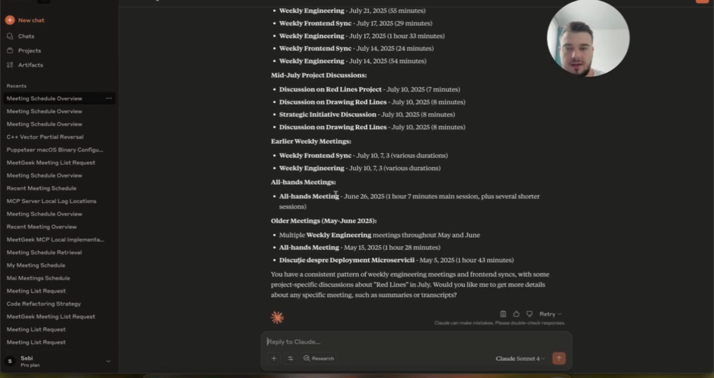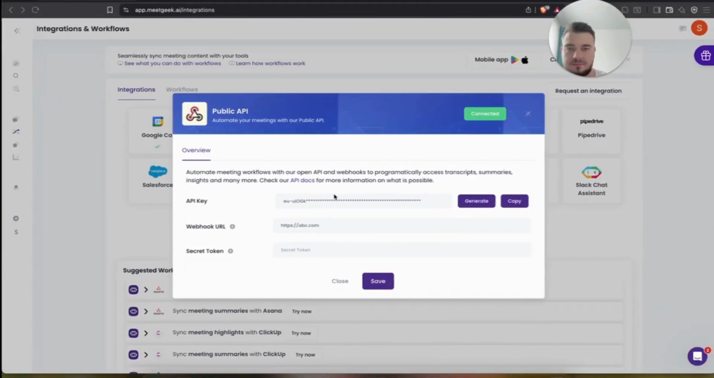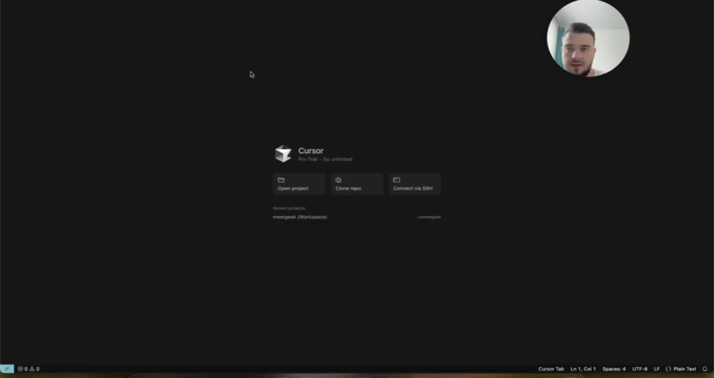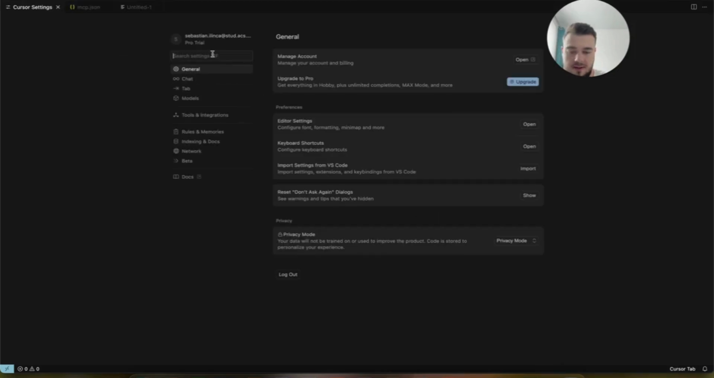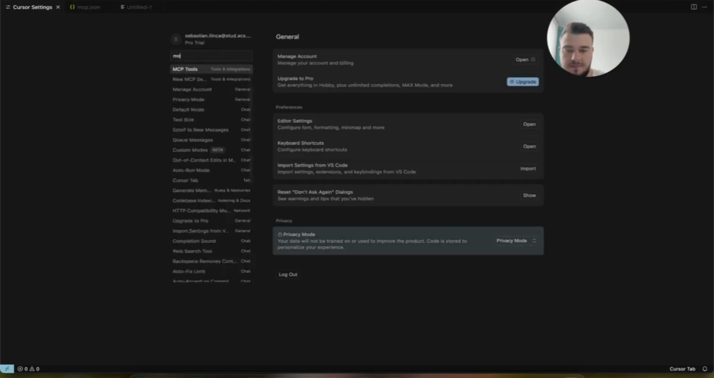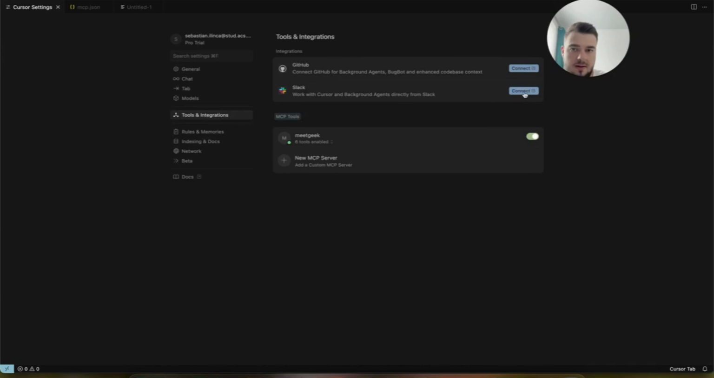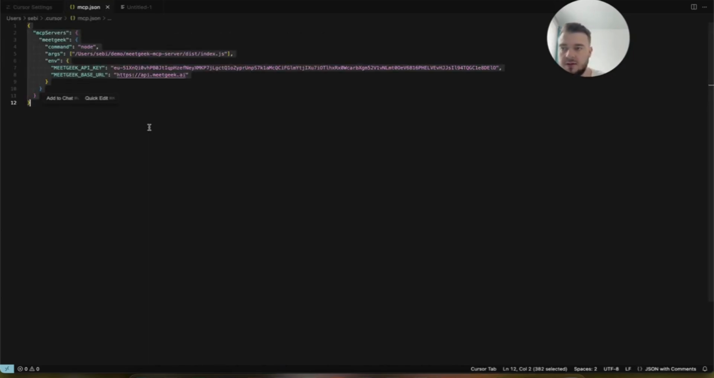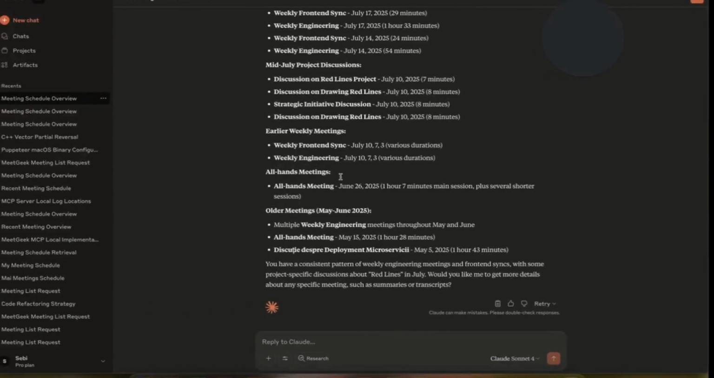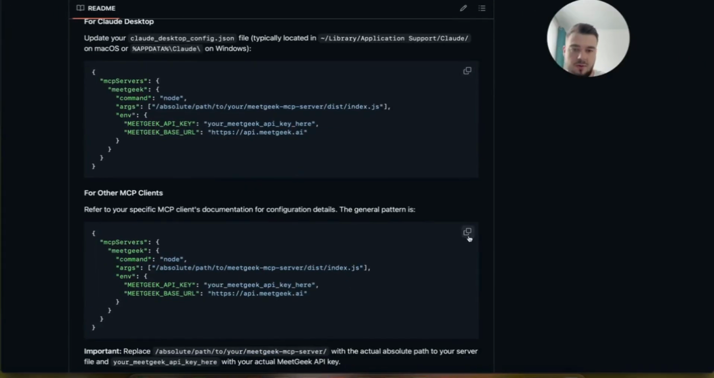All right, and for Cursor, we open it, go to Settings, Cursor Settings, search for MCP. Okay, add a new MCP server, connect a new MCP server, delete everything we have if you don't have already MCP servers, copy from the README,